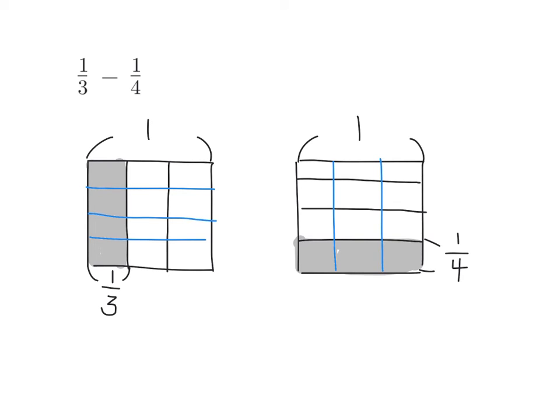Okay, so based on our equivalent fraction models now, I can see that 1/3 is equivalent to 4 twelfths, good. And I can see that 1/4 is equivalent to 3 twelfths. Okay. So now, our next step, there is an extra step because we're subtracting, okay? But our next step is still the same. I want us to get into the habit of always rewriting the problem using the equivalent fractions. So instead of 1/3, we're now going to write